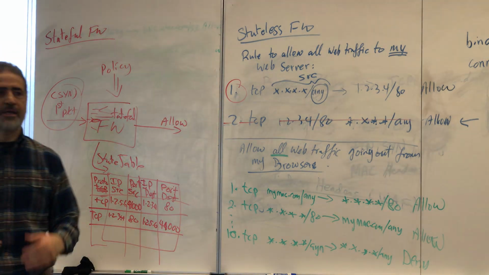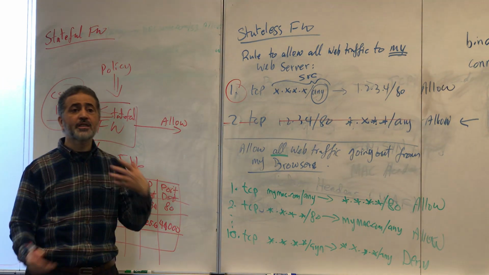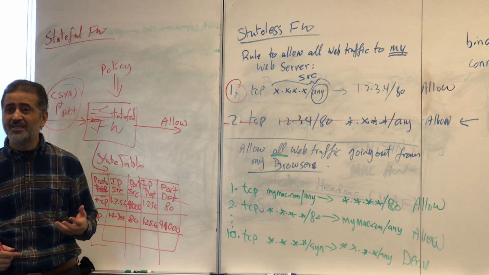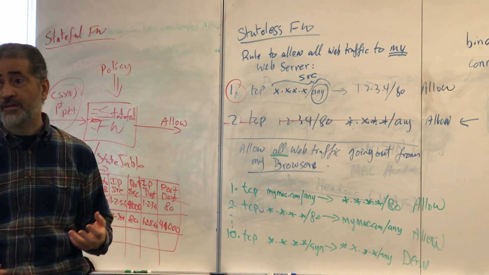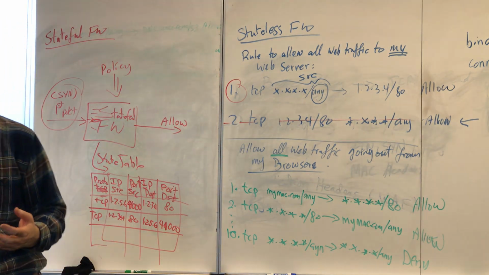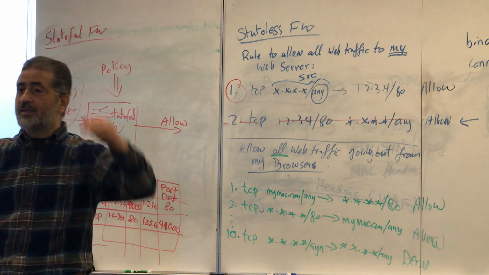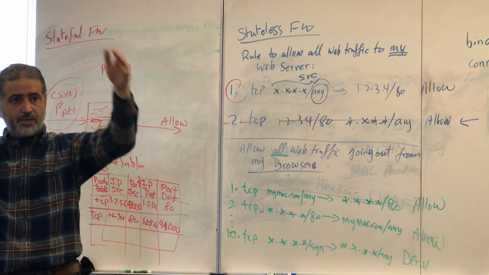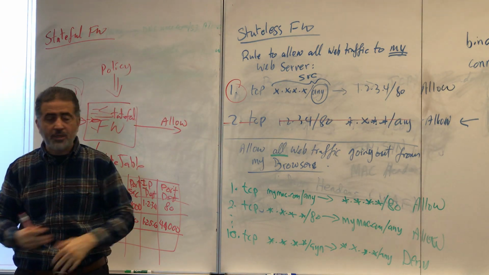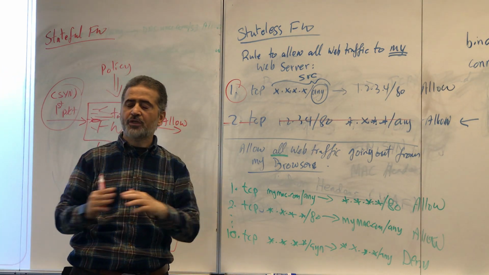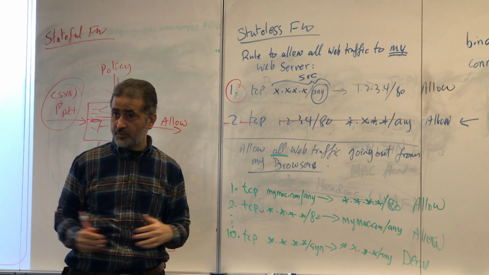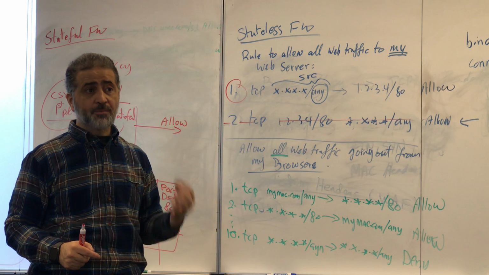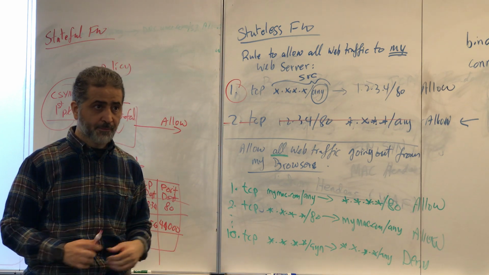So this is why, guys, we need to use both stateless and stateful. We can't rely on one. Stateless is not fine-grained, but it's faster. We keep it at the edge of the network, the border of the network. And inside the network, everything is stateful. Within your network, everything is stateful. That's the right architecture. That's the optimal architecture of a firewall.